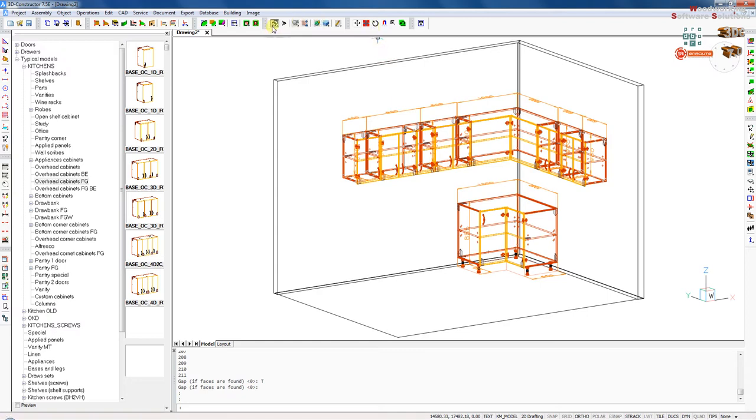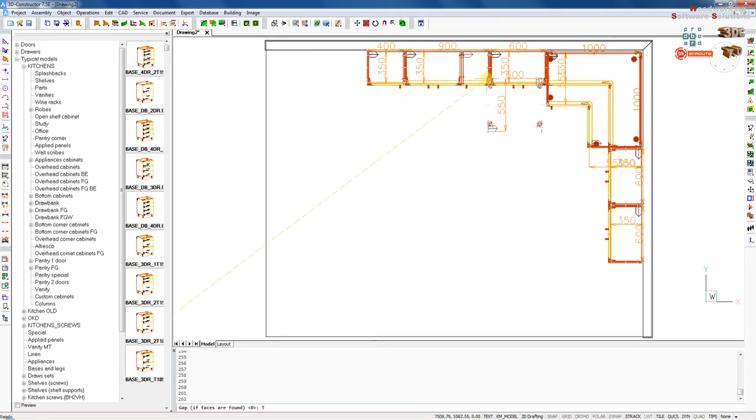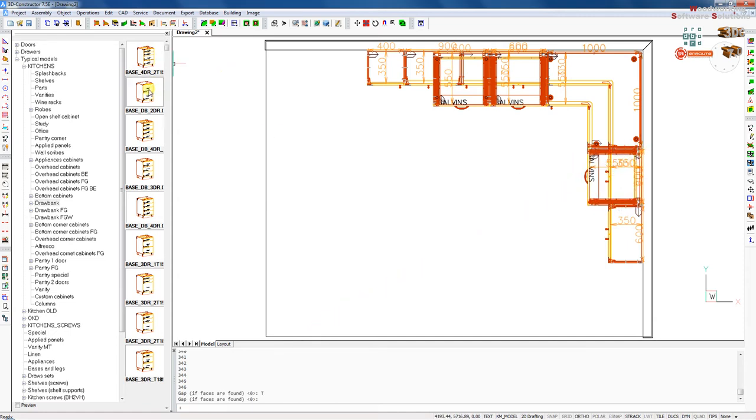So we can do exactly the same thing with base cabinets. This is a quick demo, so I will just drag and drop a couple of cabinets to show you how the drag and drop works and what we're going to get out of the product in particular. So we can create a design, not a basic design, but a basement for our project,